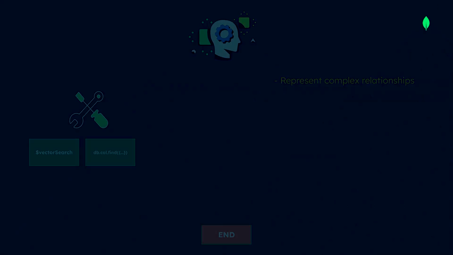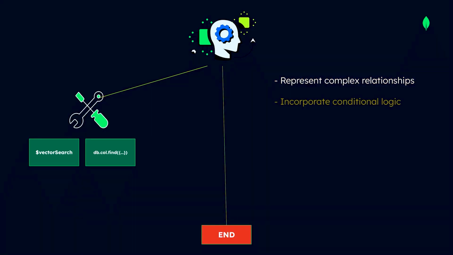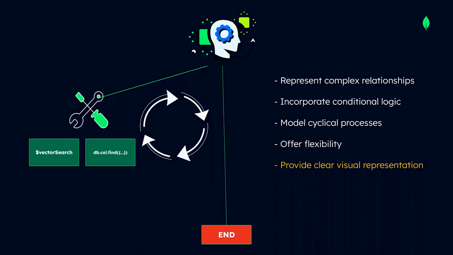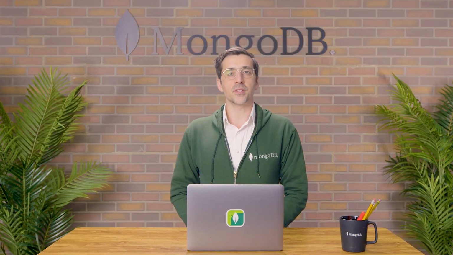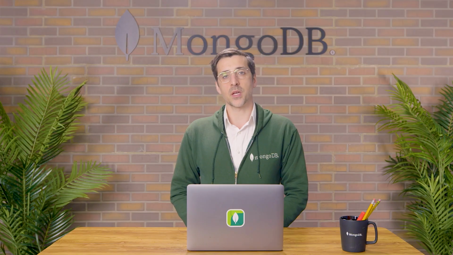They are particularly good at representing complex relationships, such as multiple nodes interconnected through multiple edges, incorporating conditional logic, which enables different paths based on conditions, modeling cyclical processes with the added benefits of supporting loops and feedback mechanisms, and flexibility to quickly adapt to change. Finally, they provide visual clarity, making complex workflows easier to understand. By using graphs, AI agents can maintain context across interactions and navigate multi-step workflows intelligently, mirroring real-world problem-solving much more